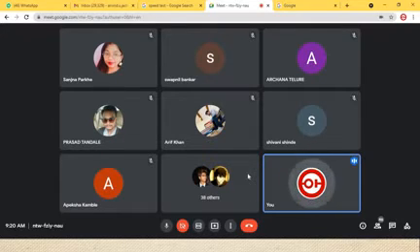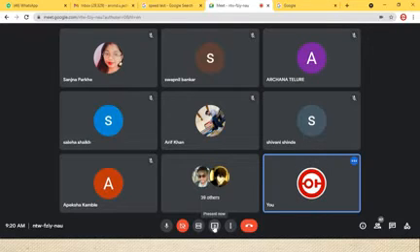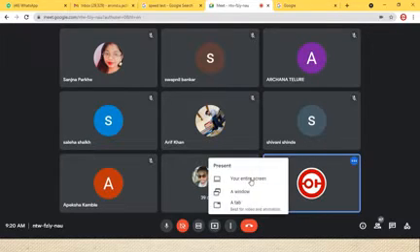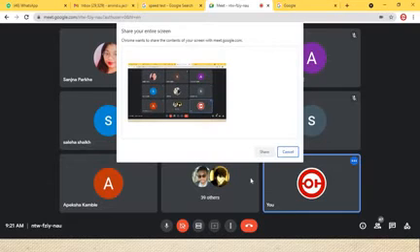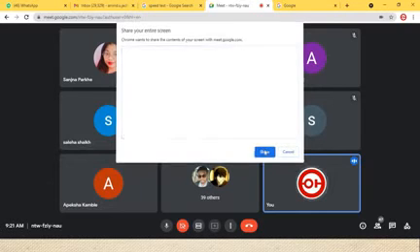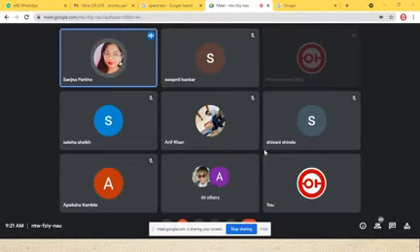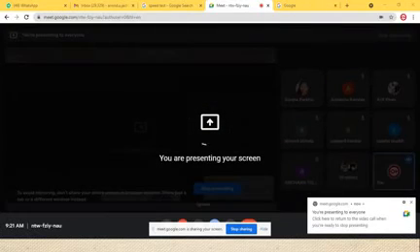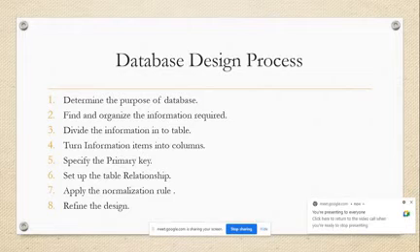So what was the last point we were covering? The purpose of database. Just give me 1 minute. The first thing is we need to understand the purpose of the database.